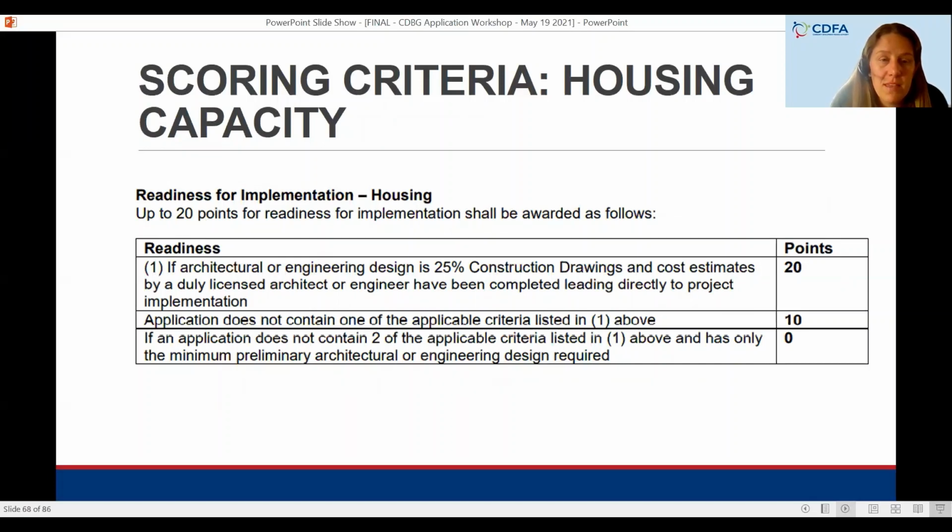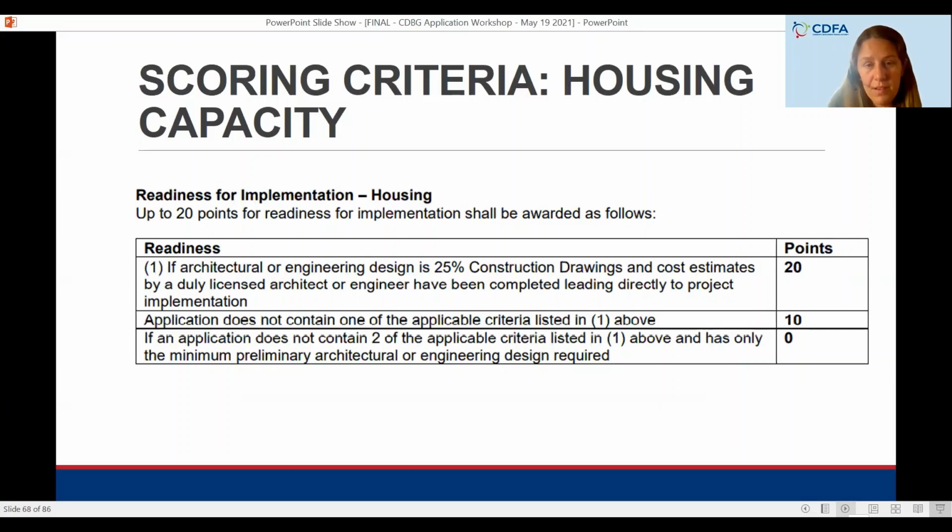Next, we're going to really be thinking about implementation. So this can also be called readiness. And this is where we're looking to ensure that projects are prioritized if they're ready for implementation in accordance with the following criteria. If they're ready for implementation by having completed the architectural and engineering designs up to 25%, they'll receive 20 points. And if they have not,